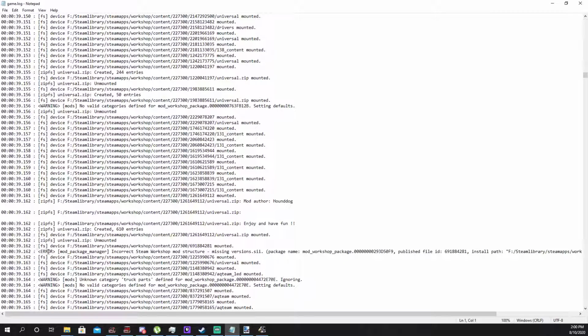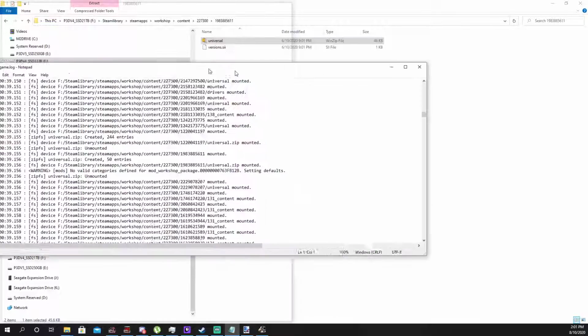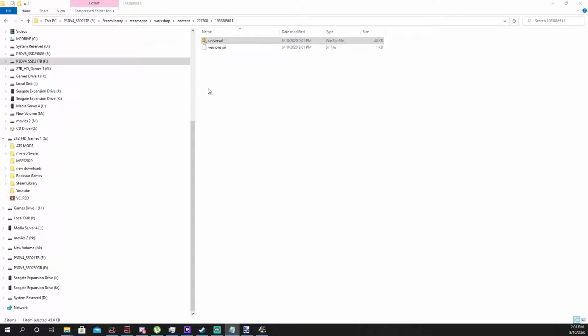And we're having a look here. Now this time instead of warning, we've got error. Mod package manager. Incorrect Steam Workshop mod structure. Missing versions.sii. Package name, mod workshop package, published ID, installed path, so on. Okay, so 691.884.281. I don't know what the .sii files are or how to edit them, but I do know